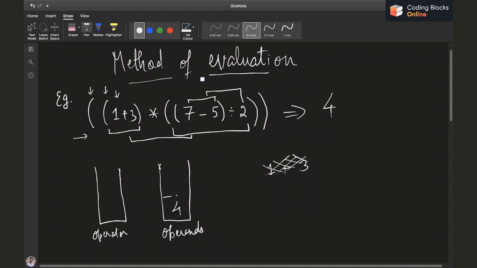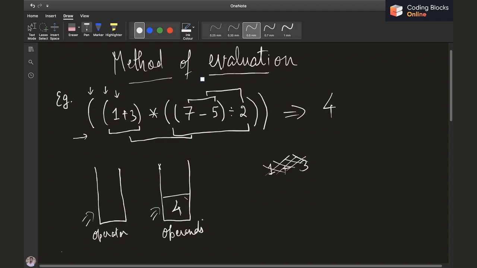Yeah, now after having traversed the string, assuming that it's a valid one according to what's given in the question, my operator stack will be empty and my operand stack will contain just one value, which will be my final answer, right? So this way we'll be evaluating the expressions. Now we'll see how to approach the problem.